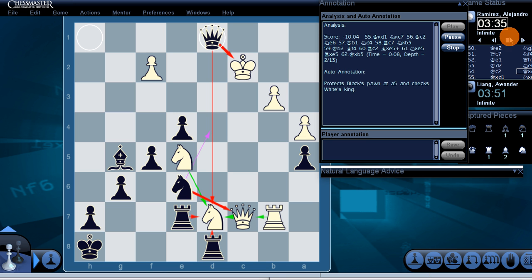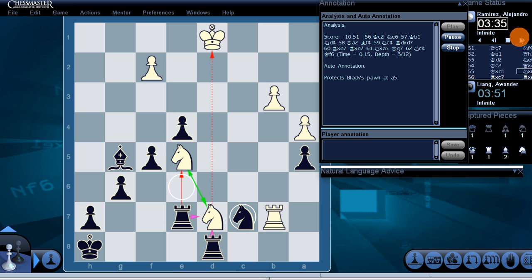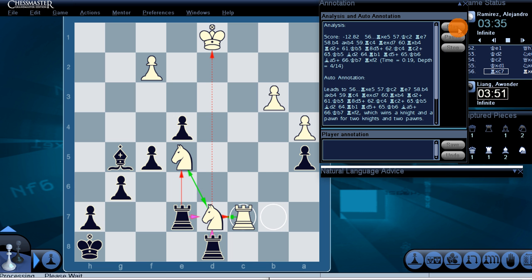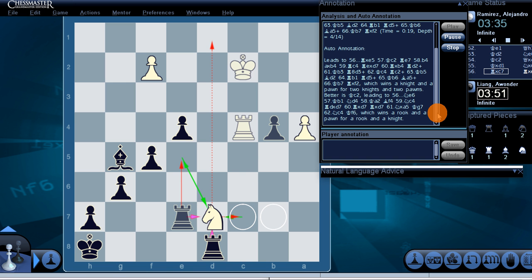Queen takes d1, check. Protects black's pawn at a5 and checks white's king. King takes d1 attacks black's pawn at a5. Knight takes c7, protects black's pawn at a5. Rook takes c7, leads to rook takes e5, king c2, rook e7, b4, a takes b4, rook c4, rook e